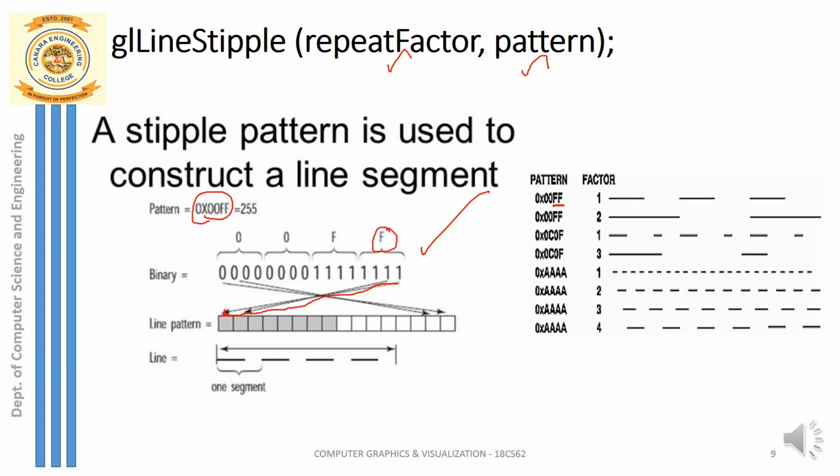So here the last 4 bits are ones, which you can see here in gray color, and again the next 4 bits of F we will always consider from right to left. It's not from left to right, it is always from right to left you have to take, and when you are drawing the line the pattern will be taken that way. So the first 4 F's you have taken here, the next 4 F's you have taken here. So this is how you are drawing the line. You can see here the first F is drawn here, and for the next F the line is drawn here.